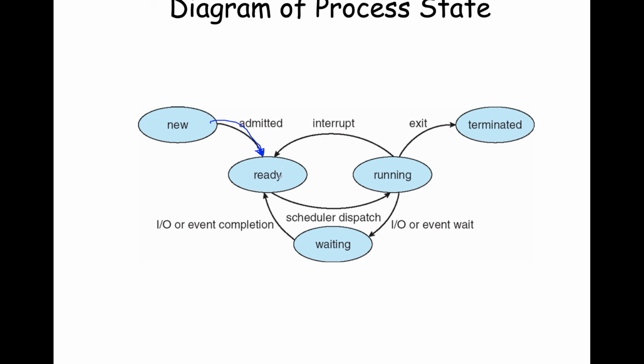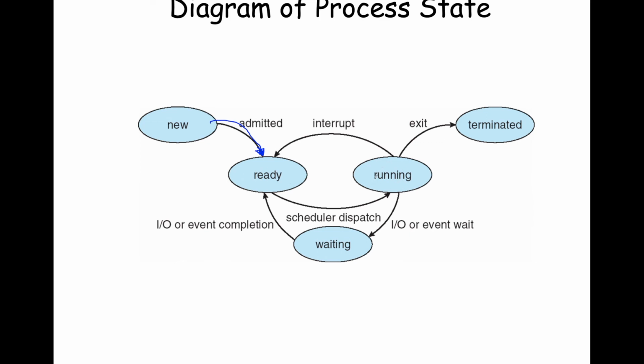So one is selected, and that's called scheduler dispatch. There's a function in the operating system called the scheduler, a component of the OS, and the scheduler picks some process from the linked list, the ready queue, to then populate its state information onto the CPU and execute its instruction stream. So the scheduler dispatch occurs, and that process goes from ready, transitions, to running if it's selected for execution.